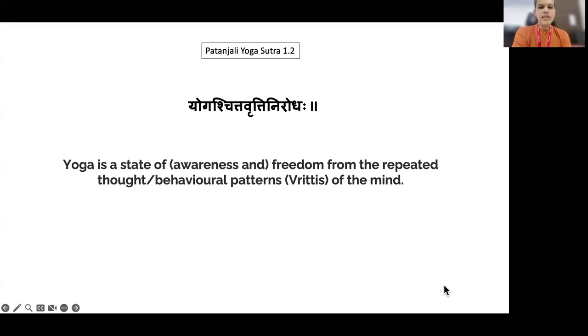We have been discussing this for the last few sessions. There are a few students who have joined newly, including Garima, who probably were never exposed to Patanjali's Yoga Sutra. Oh, you have read it. Okay. So before we proceed further,